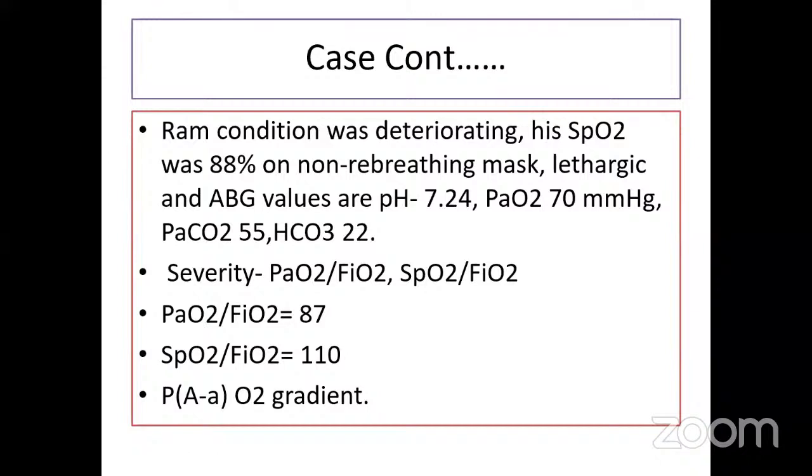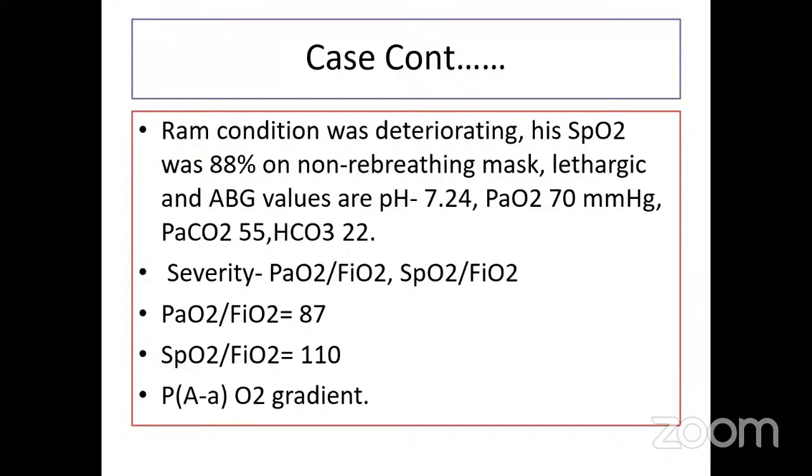तो सिवियरिटी इसकी हम निकालेंगे PF रेशियो से और SpO2 से निकालेंगे। PaO2 70 है, FiO2 हम नॉन रीब्रीथिंग मास्क से दे रहे हैं, मान लिया हम 40 दे, तो इस हिसाब से हम निकाल लेंगे। हमने अभी बात करी थी कि PF रेशियो और SF रेशियो में रिलेशनशिप क्या होता है। SF रेशियो को अगर निकालना है PF रेशियो से, तो 64 प्लस 0.85 इंटू PF रेशियो इज इक्वल टू SF रेशियो। जैसे कि 235, अगर PF रेशियो 200 है तो SF रेशियो करीब करीब होगा 235।